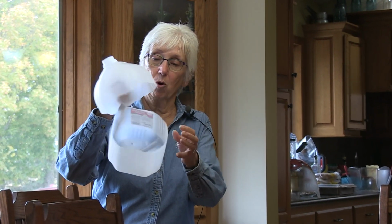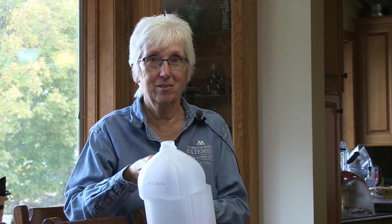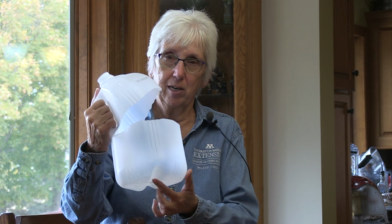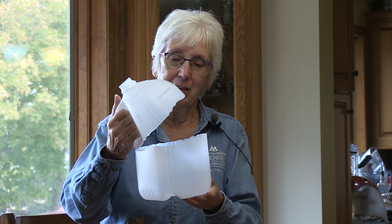Take a milk jug or a water jug. Some people who do a lot of them buy clear totes and punch holes. I'm not quite that crazy yet, but I just do a couple because I don't want 500 of any one plant necessarily. But any container that you can put drainage holes in, put at least 3 inches of good quality potting soil in. And then in January or so, when you're looking at the weather going, oh,